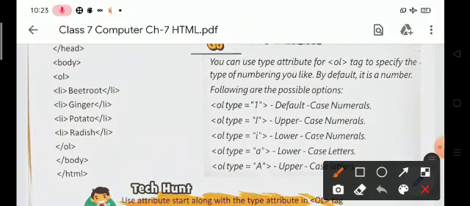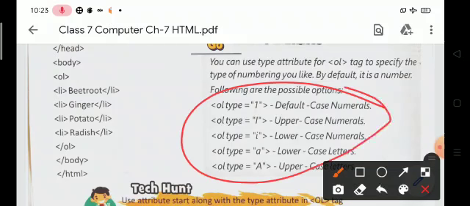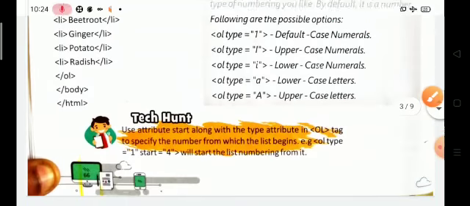Look at these attributes. OL type equal to 1 means numerical, I for uppercase Roman, i for lowercase Roman, a for lowercase letters and capital A for uppercase letters.